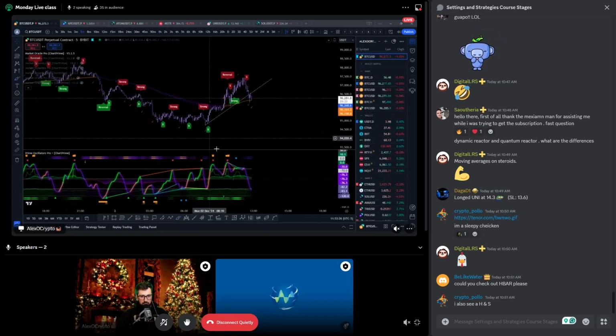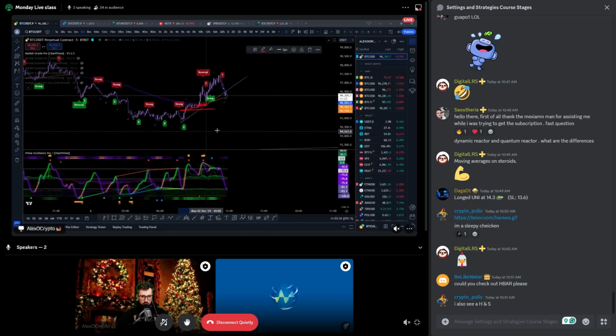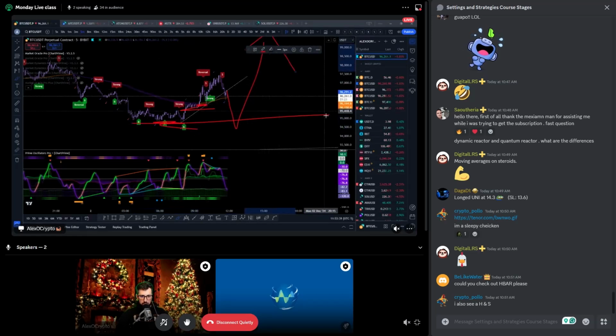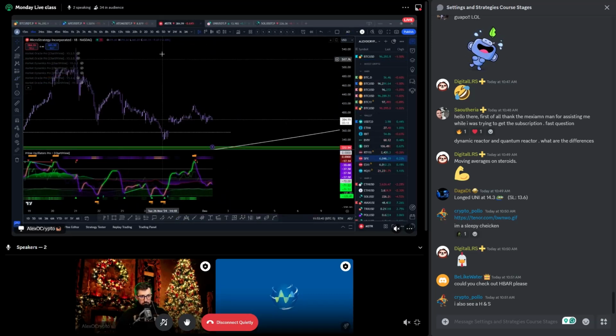Look to Bitcoin to lead the way. If Bitcoin holds this area that we're in right now, you can look for that strength coming in on Solana for that continuation. We do have a little bit of liquidity down here and here. So could we see that double bottom sweep for continuation on Bitcoin? Definitely going to keep that on my eyes. Looking at